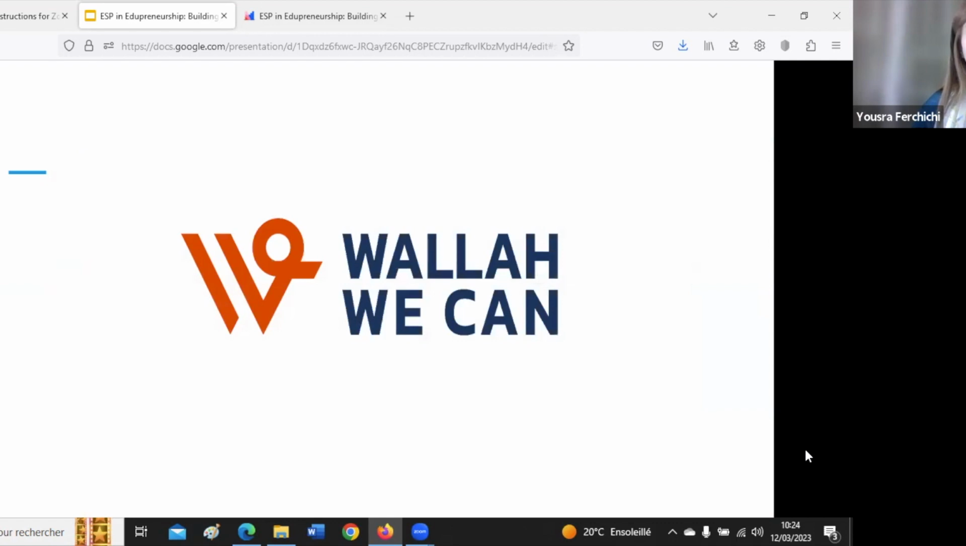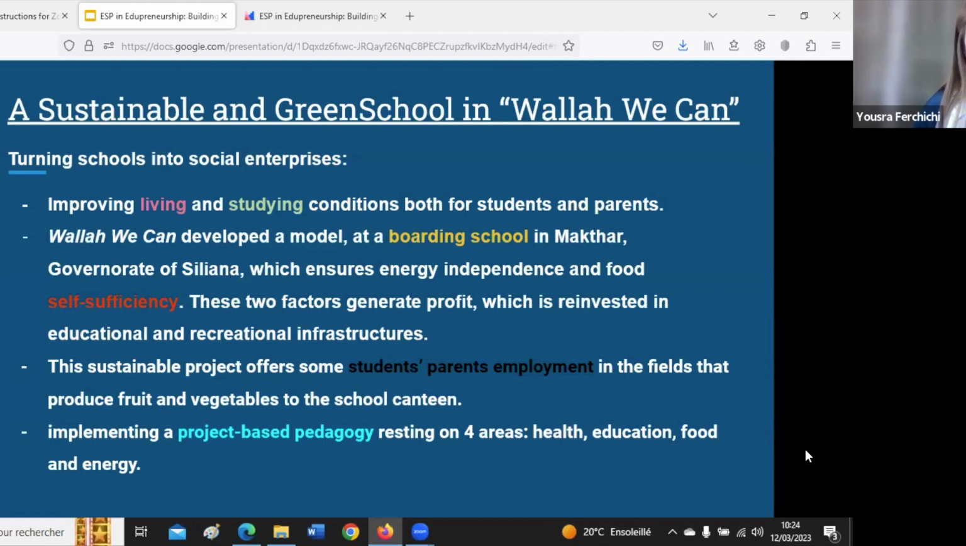Now I'm going to talk about a perfect example of a sustainable school currently active in Tunisia, through the association Wallah We Can. They have created what we call a green school. This school is sustainable at all levels, which means it has created independence and self-sufficiency. It has even provided jobs for parents, including producing fruit that is used in the school canteen. And they basically relied on PBL pedagogy, focusing on issues relevant to the area they're living in,